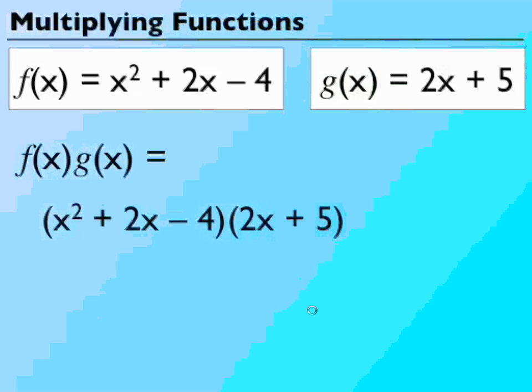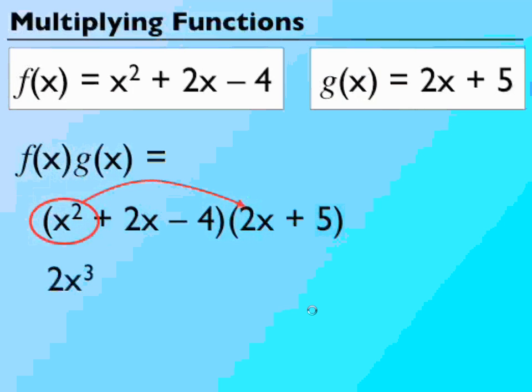FOIL only works when you have 2 terms in each one. So for that reason, forget that word. Never use the word FOIL again. We're going to use distributing. So what we do is we go in our first one and we find the first term and we distribute it